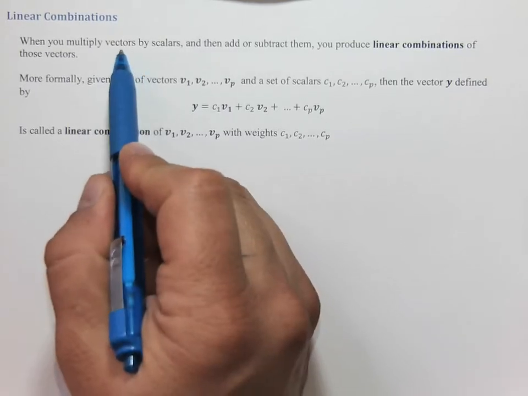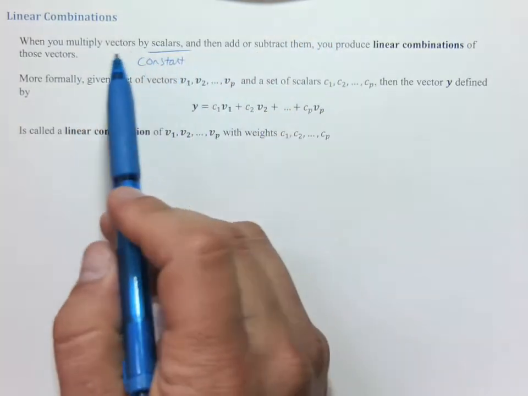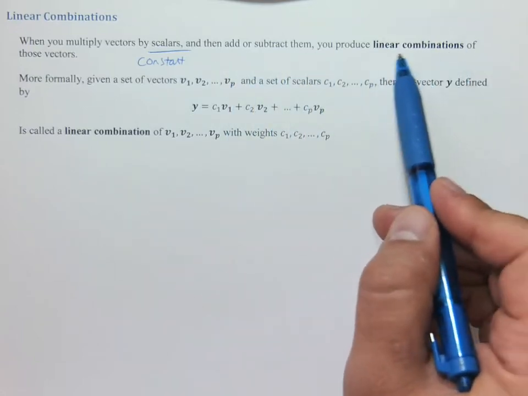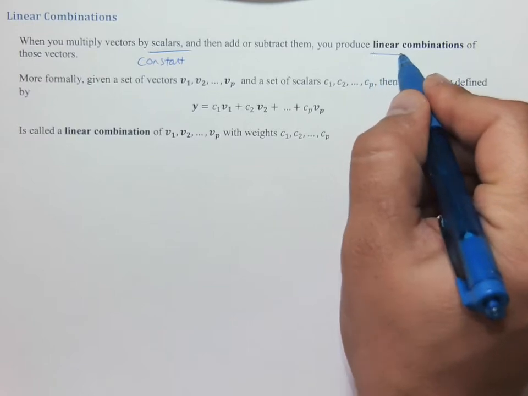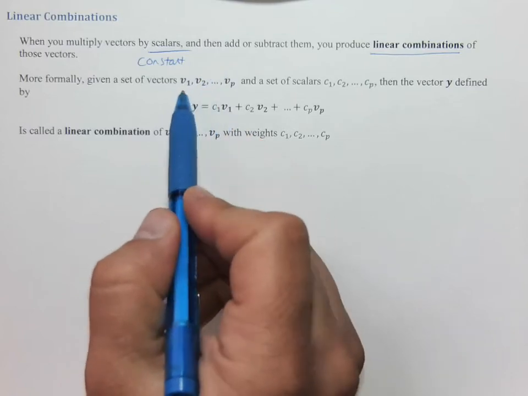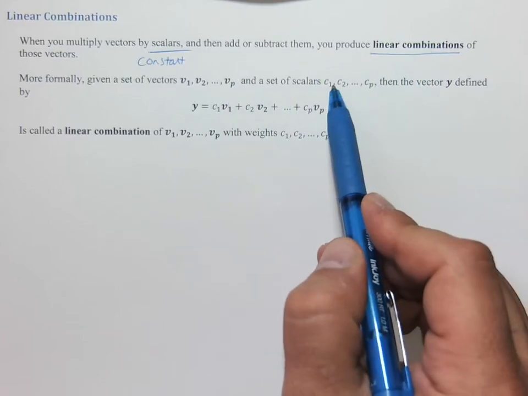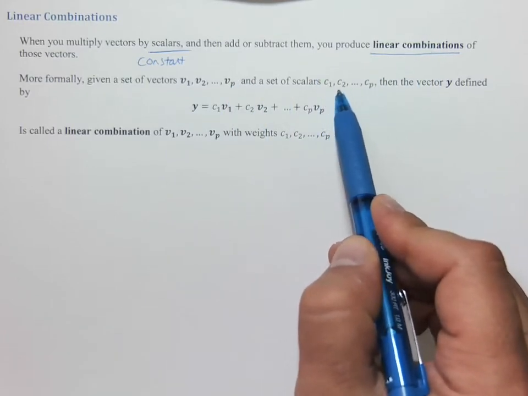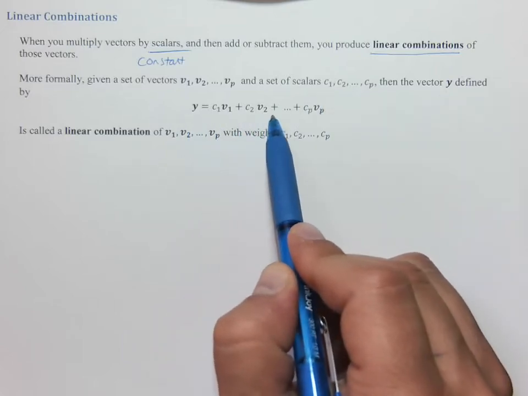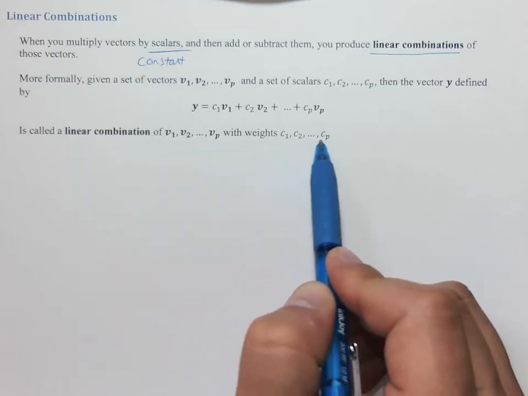So when you multiply vectors by scalars, as a quick reminder, scalar just means constant numbers. When you multiply vectors by constants and then add or subtract them, you're producing linear combinations of those vectors, right? That's a word that's going to come with us the rest of the course, linear combination. So formally, if we've got a bunch of vectors, v1 through vp, and I know they're vectors here because they're bold, and we've got a set of scalars, c1 through cp, and I know they're scalars because they're not bold, then the vector y,